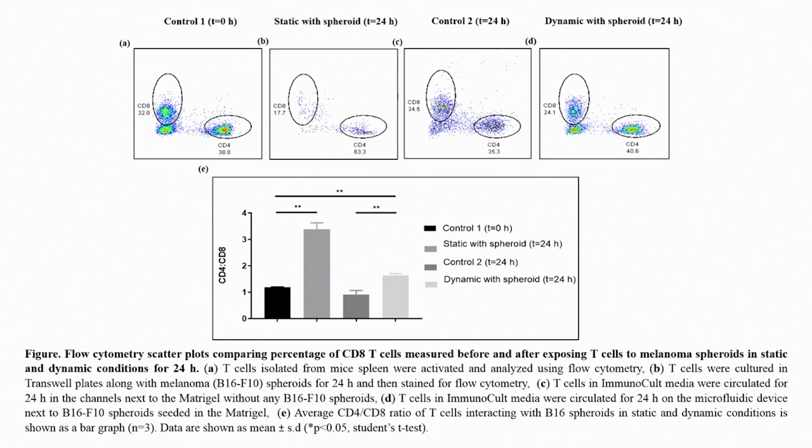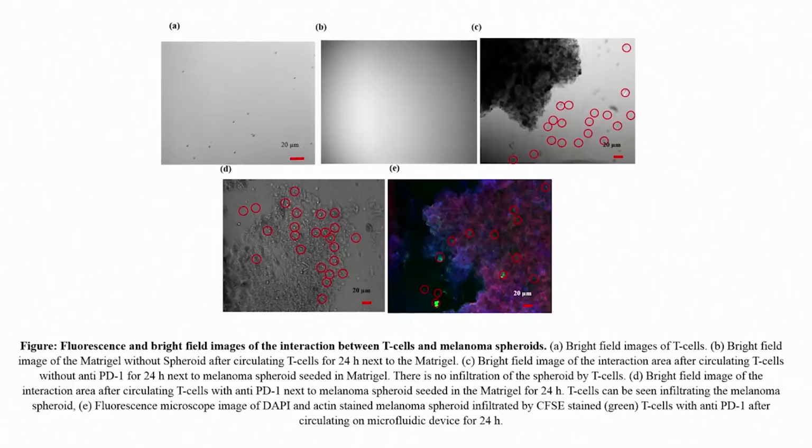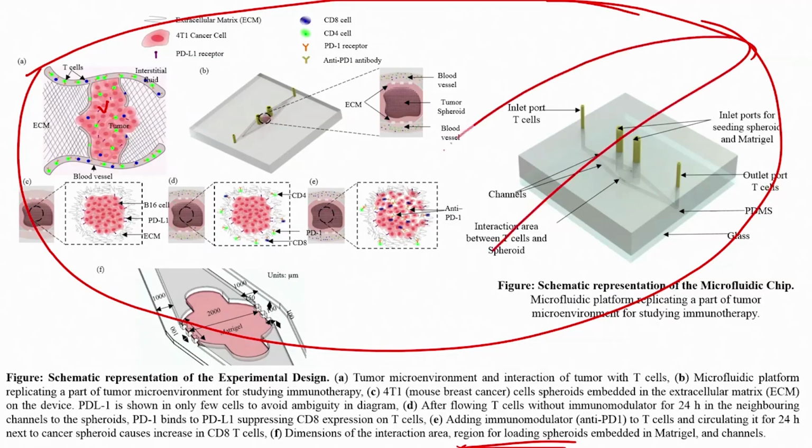So, these are all flow cytometry studies, flow cytometry scatter plots comparing the percentage of CD8 T cells measured before and after exposing T cells to melanoma spheroids in static and dynamic conditions for 24 hours. So, what we understand is that the results obtained from static experiments are different from the results obtained from dynamic experiments. I am not claiming that static is better than dynamic, but now what we can say is that if you get the cells from the patient,